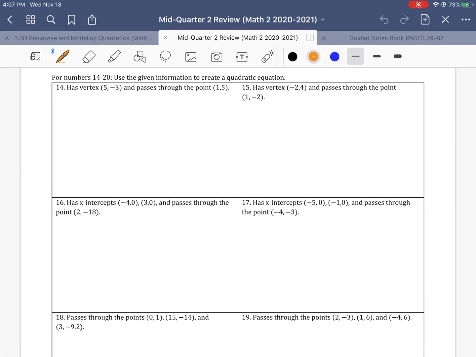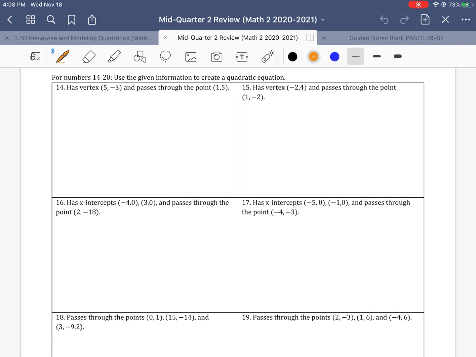Okay, the last page of this review covers our section on creating quadratic equations. So you can use any of the methods, and some of the questions on the test will be multiple choice. Others you will need to create the equation on your own. So looking at this first one, 14, it says create a quadratic equation that has a vertex of (5, -3)